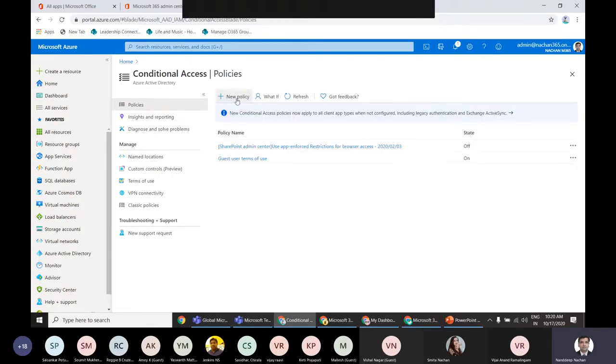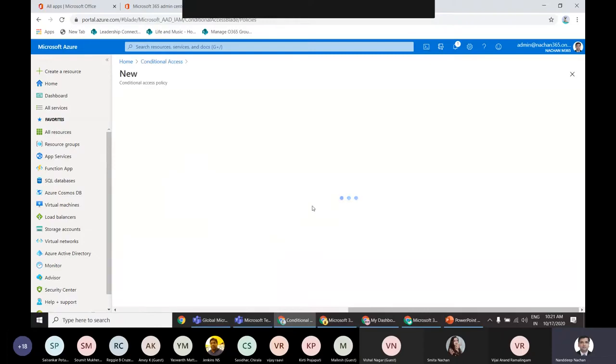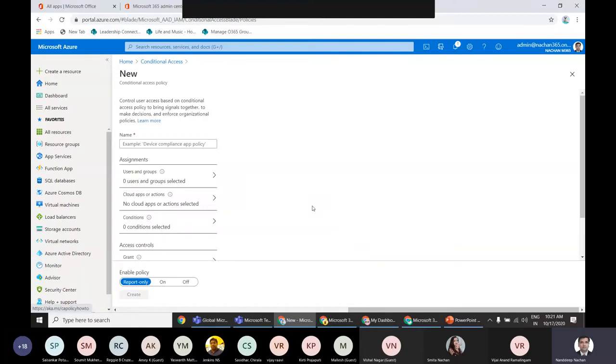Let's say, for example, we go to this new policy and we want to create a policy by which only the users inside your Microsoft 365 tenant should be able to access SharePoint. We will call it allow SharePoint access. Then we go to group assignment, and here we define the groups which we want to have the access.